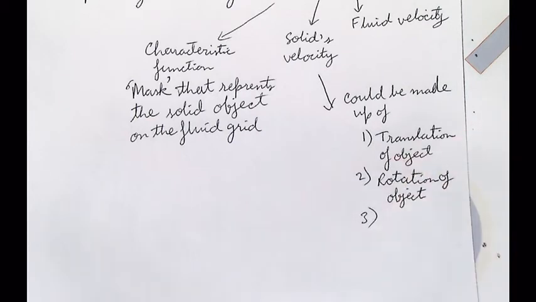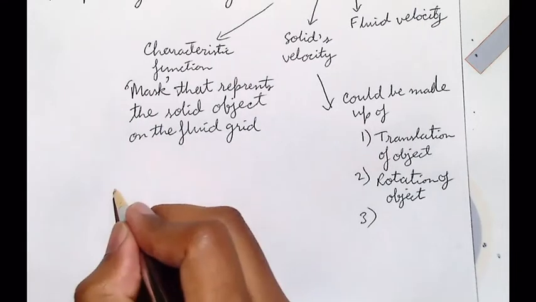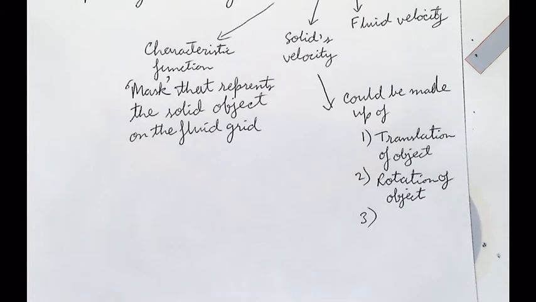But by growth, if you mean volume change, that becomes a little problematic because nabla dot U equals 0 implies no volume change is allowed. So it's not very easy to simulate an inflating or deflating balloon. You can do it, but